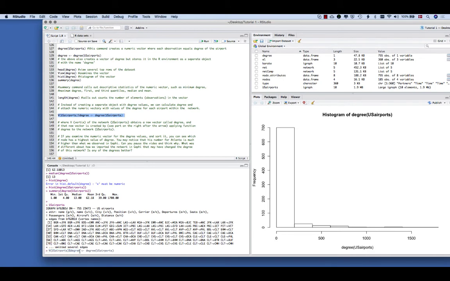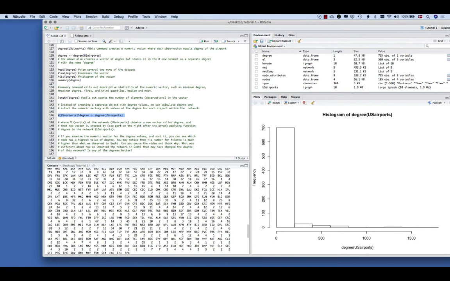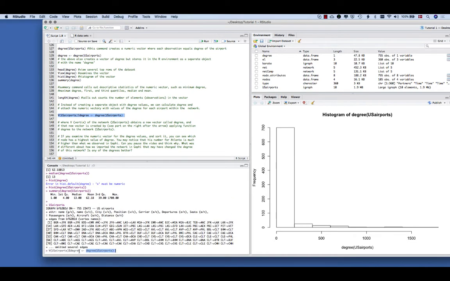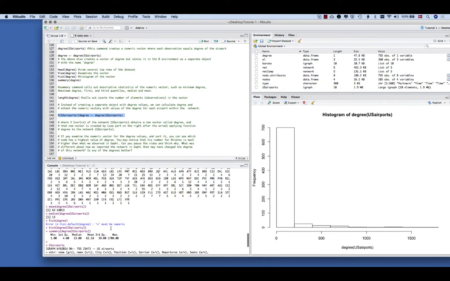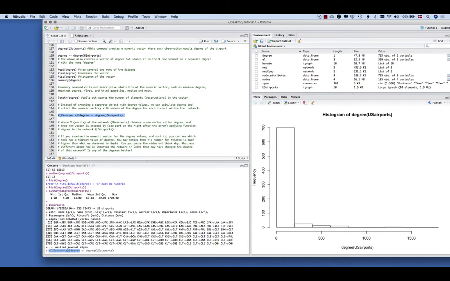And to fill in the values in each cell there, those values will be derived from running a command degree over the network object US airports. In other words, this command here on the right creates that numeric vector, and this command here on the left assigns this numeric vector to a new vertex attribute of the network US airports, and the name of that attribute